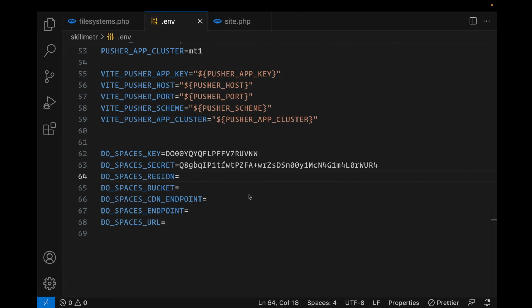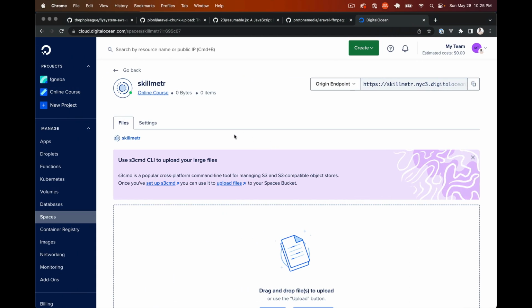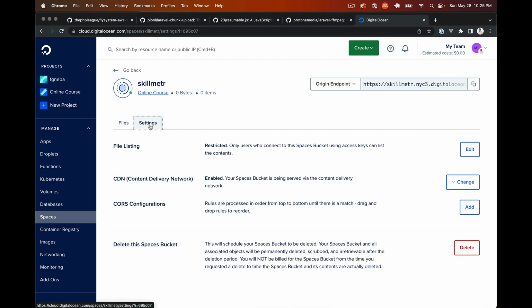And while that is creating, we can start filling some of the information here. So the bucket name we gave was skill meter. The region was New York City 3, I believe. We're going to see all the details again in here, but I believe those were the settings. Yeah, so we do have the URL here that contains the region, the name of the bucket, and then DigitalOcean. Okay, so our region is NYC3, the bucket is skill meter, and we need to copy this endpoint as